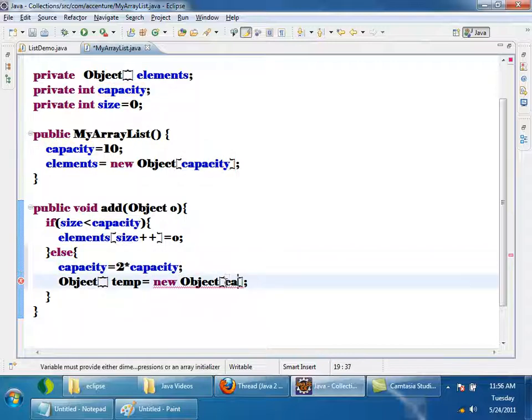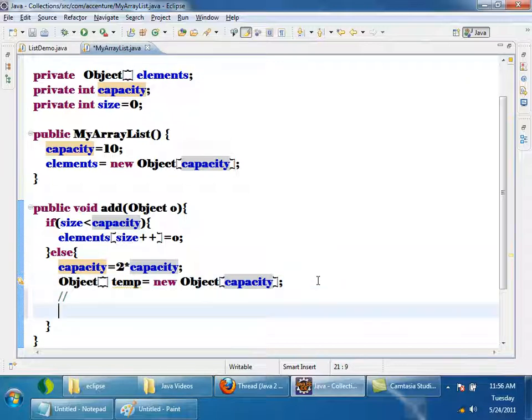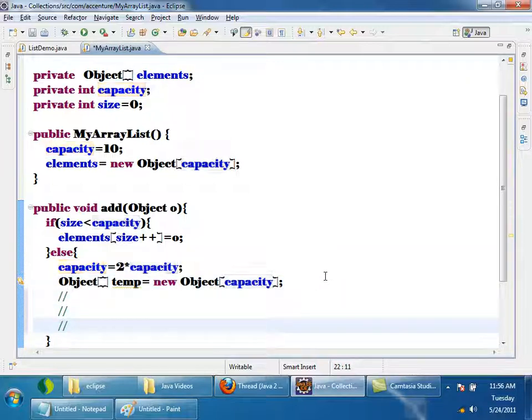And I will create an object array of that size. Then there will be some logic which will copy all the elements of whatever is present inside the elements array to the temp array.